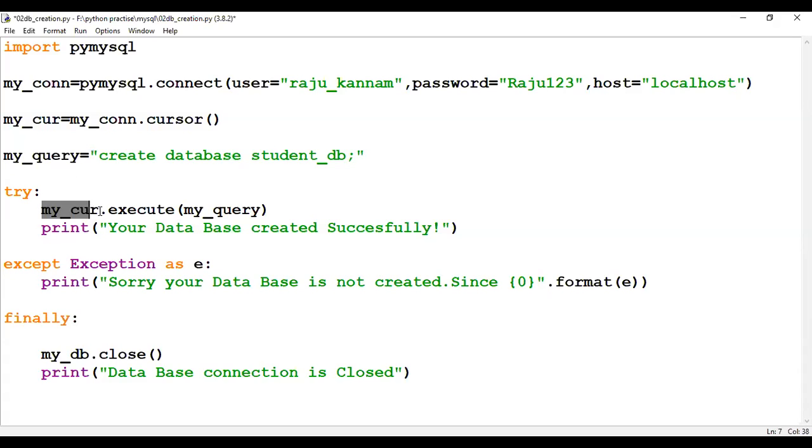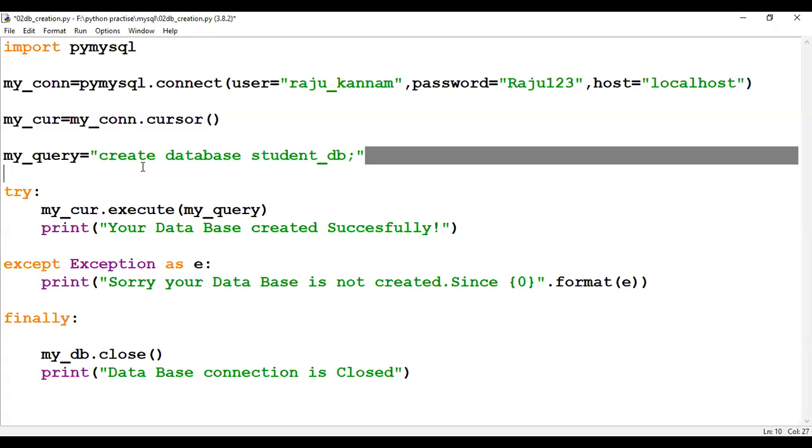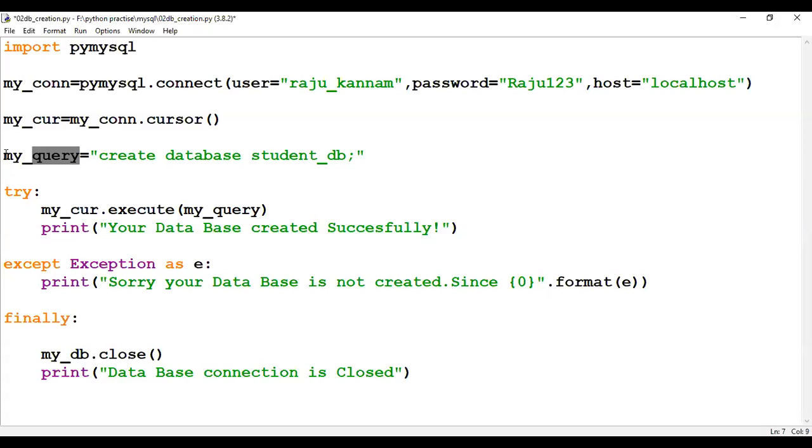My_cursor.execute is the execute function. Then you mention the query. You can mention the query directly here, or you can store your query in a variable and mention that variable name here. The my_cursor.execute will take your query either directly or through a variable name. Okay, right? So now if you execute this,